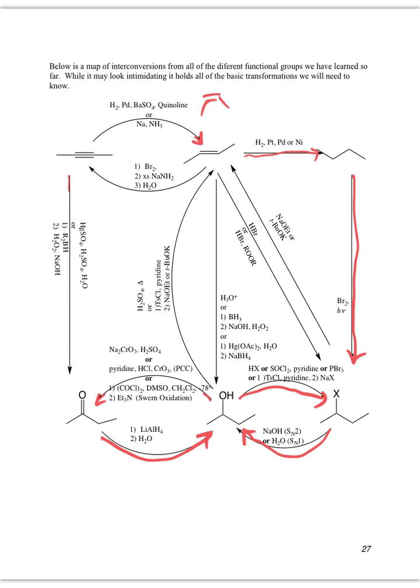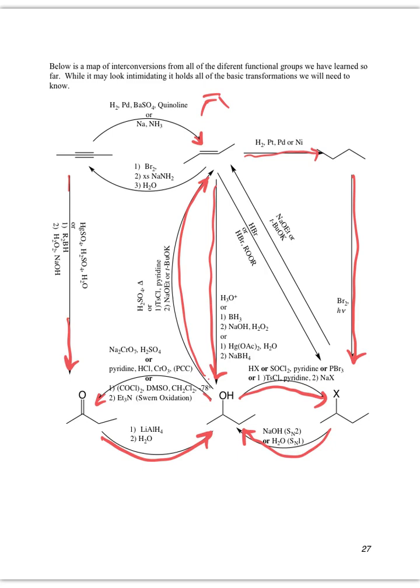From the triple bond, we can make a ketone or an aldehyde, depending on which reagent we need, with the mercury sulfate or the borane. We can go from an alcohol and do either an E2 or an E1 to make the alkene. We can go from the alkene and make the alcohol, either with acidic water, the hydroboration, or the mercury acetate